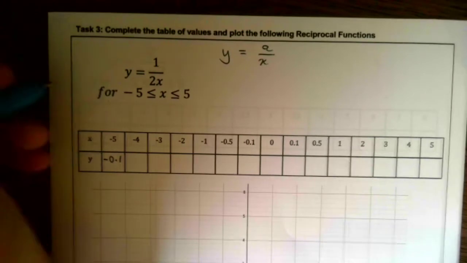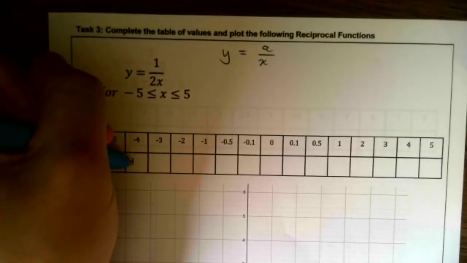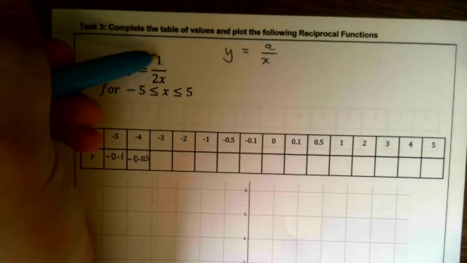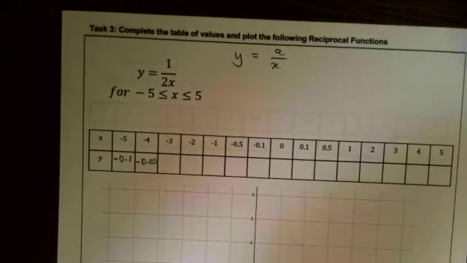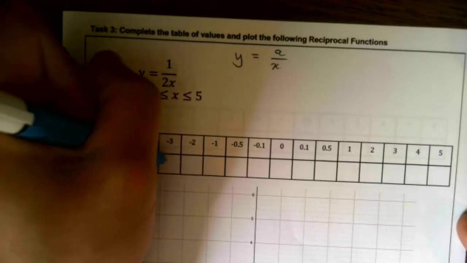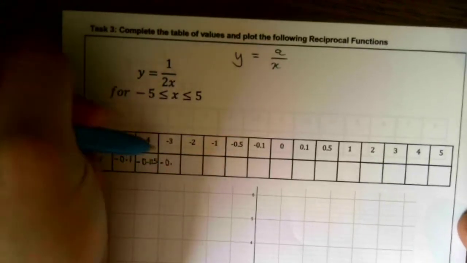So 1 over -8, that's negative 0.125. -3, 1 over 2 times -3, so a sixth. So that's going to be again, it's negative